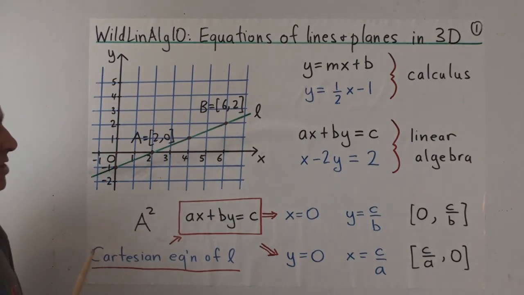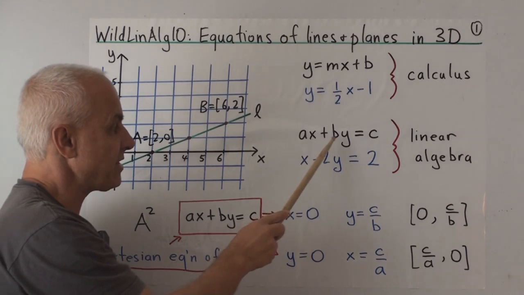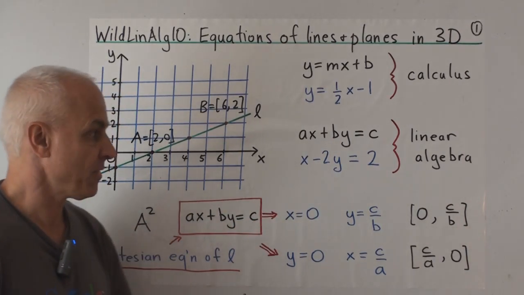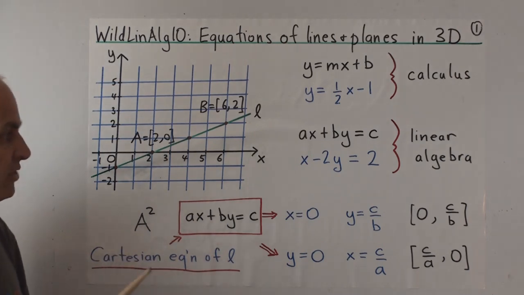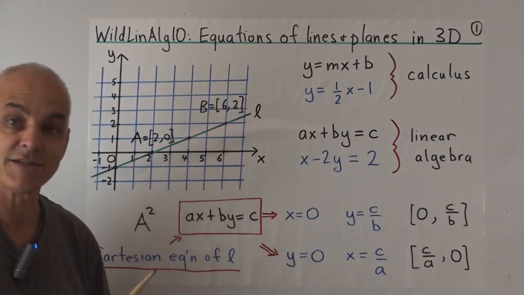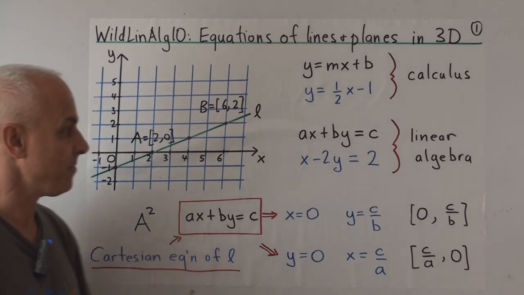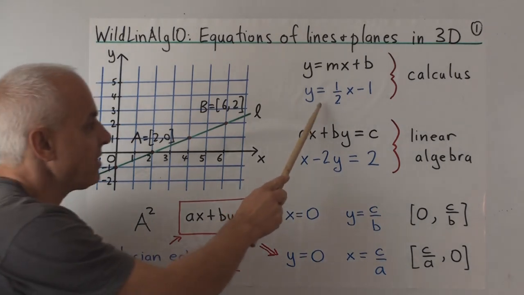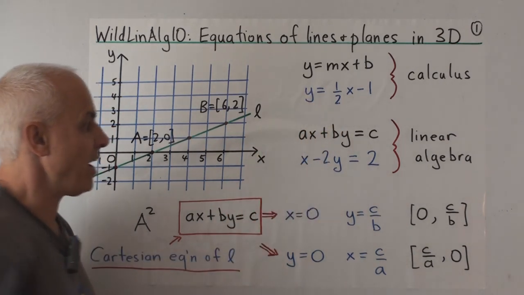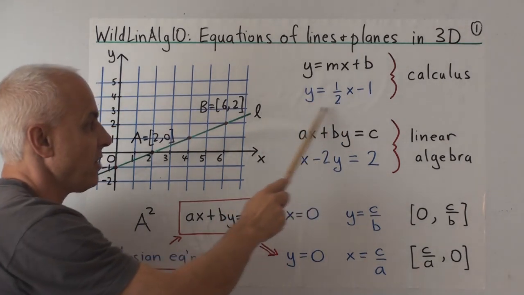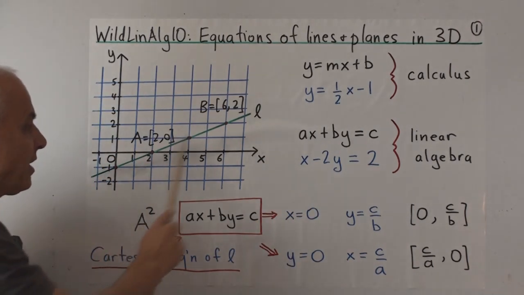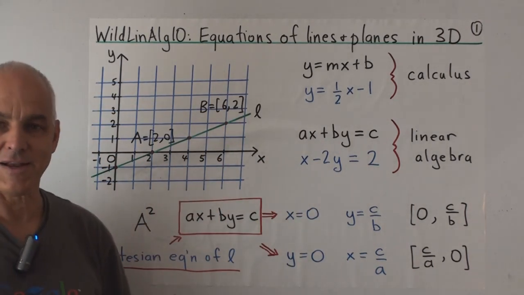So for that, it's much preferable to think in terms of x and y as having equal value or equal weighting. So we're going to treat x and y symmetrically, and we're going to prefer to write an equation of a line in the form ax plus by equals c. So we can rewrite this equation if we multiply by 2 and bring the x and the y's all on one side and the constant on the other side. Then we get x minus 2y equals 2. That's also the equation for that line.